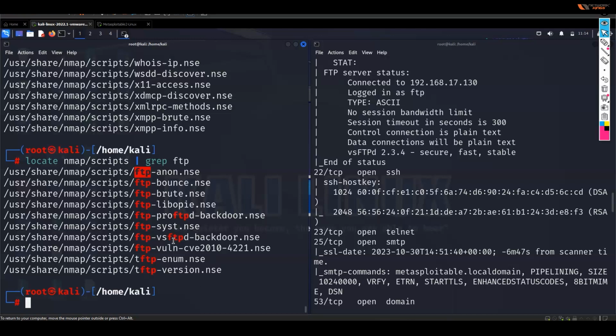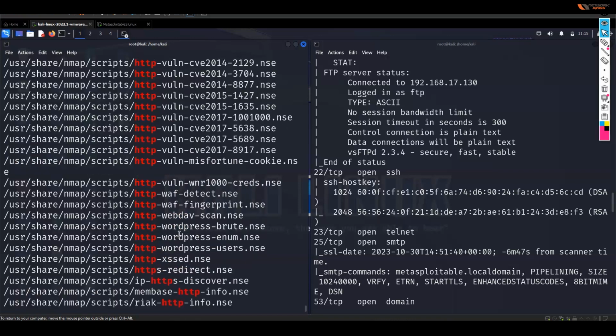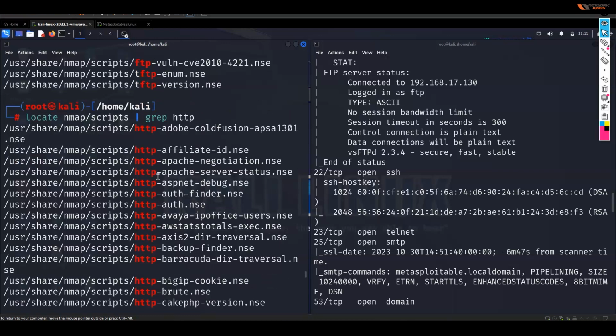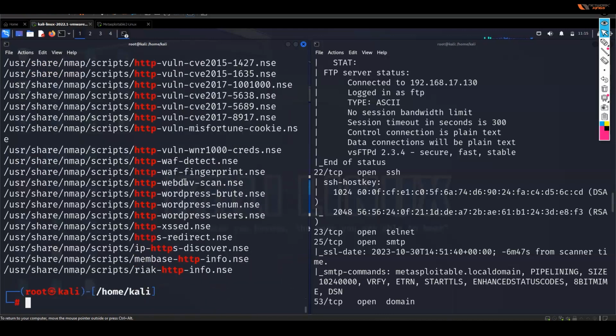Okay, so like this, I can search for any string. If I look for HTTP, here you can see so many scripts are present which contain the string HTTP in them. Now, if I want to search for scripts that contain CVE in them, your common vulnerabilities, same thing, I can search for